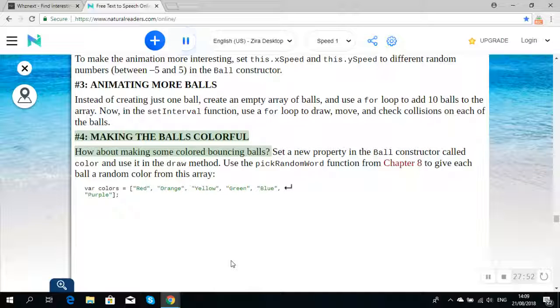4. Making the balls colorful. How about making some colored bouncing balls? Set a new property in the Ball constructor called color and use it in the draw method. Use the pickRandomWord function from Chapter 8 to give each ball a random color from this array: var colors = ["red", "orange", "yellow", "green", "blue", "purple"];